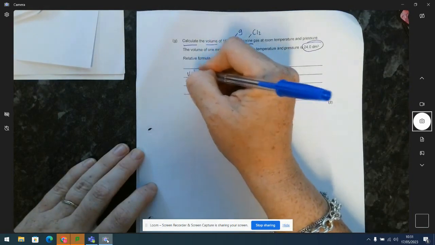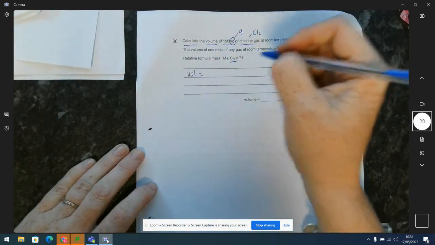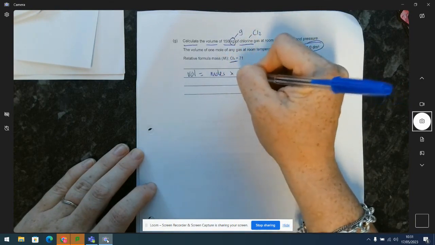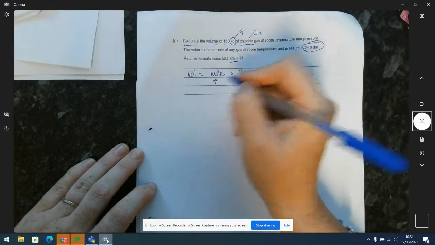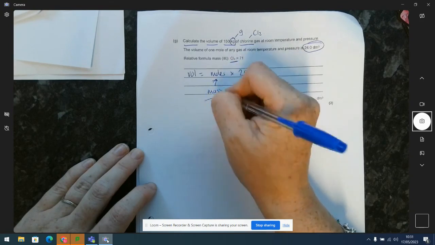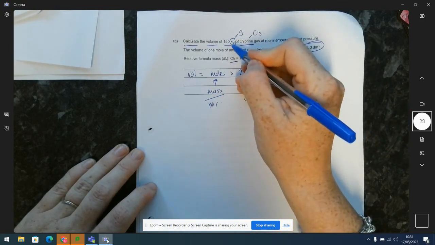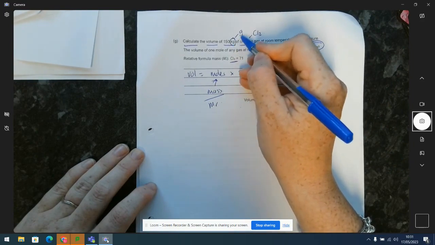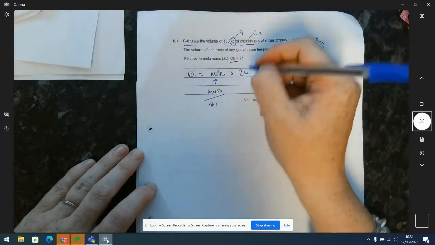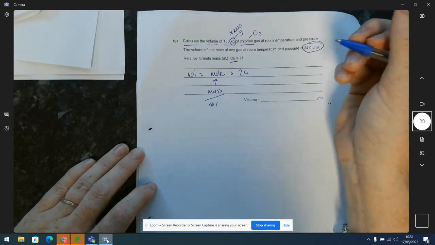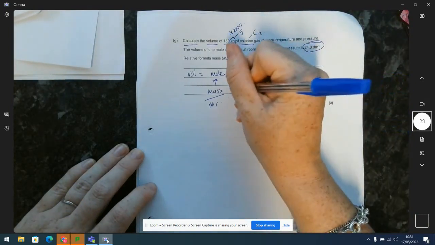So volume, as you know from the calculation, is moles times by 24. In order to work out moles, I would do the mass divided by the MR. The mass, though, is not in the right units because it's in kilograms. I've got to convert that to grams. So that would be timesing it by 1,000. So that's going to give me a ridiculously large number of